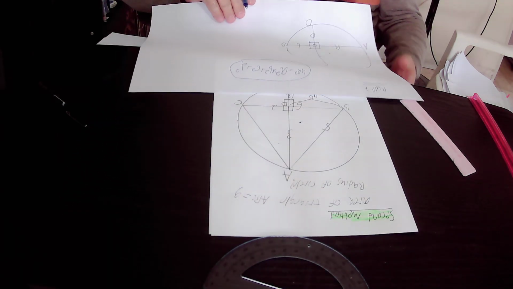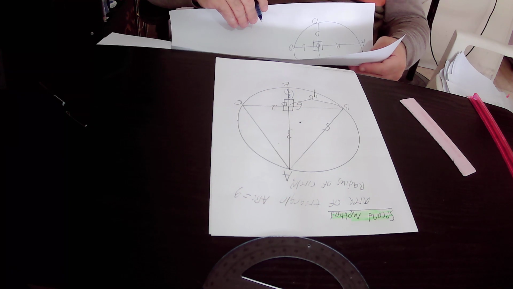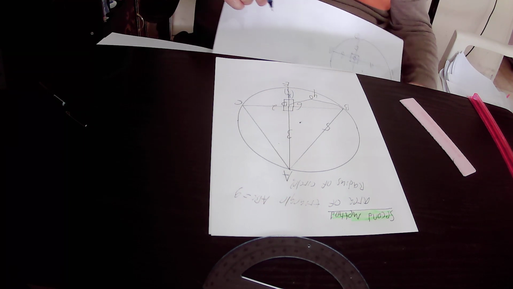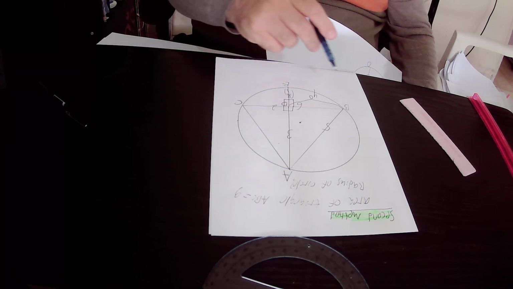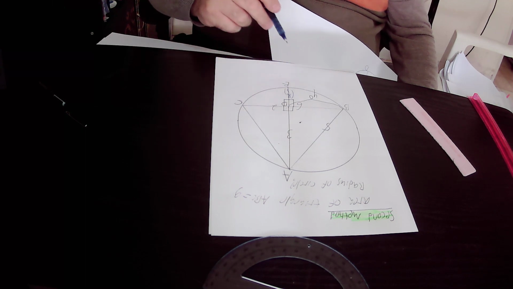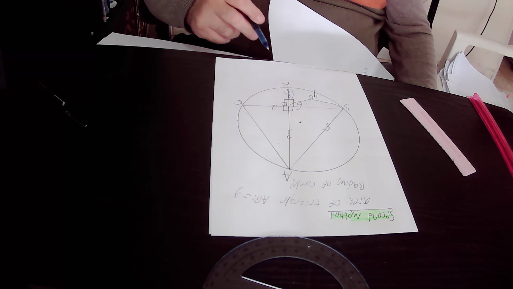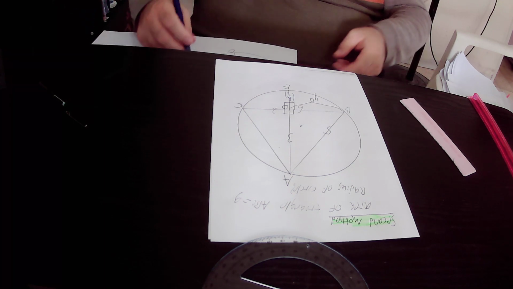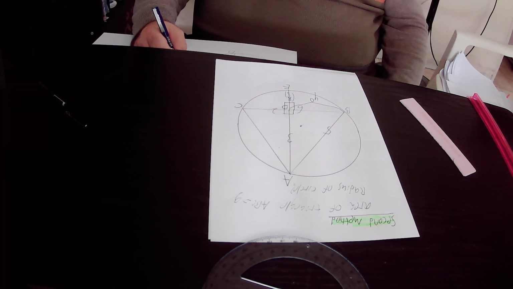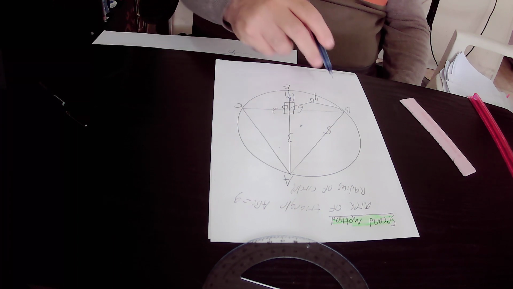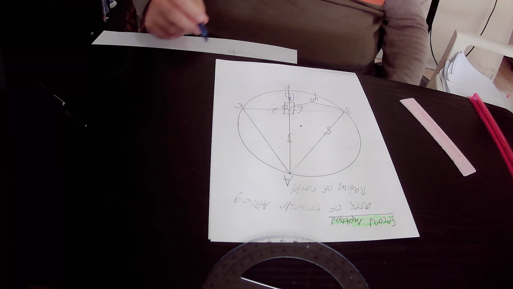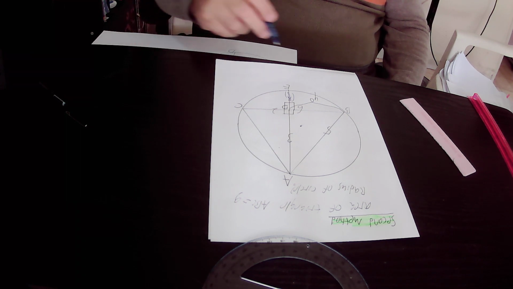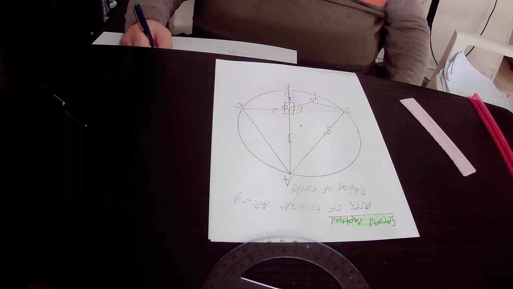So in our original drawing, we have chord AE that intersects with chord BC at 90 degrees. Therefore, we can implement rule number 2 in our drawing. According to rule number 2, 4 times R squared, where R is the radius of this circle that contains the two chords, equals BD squared